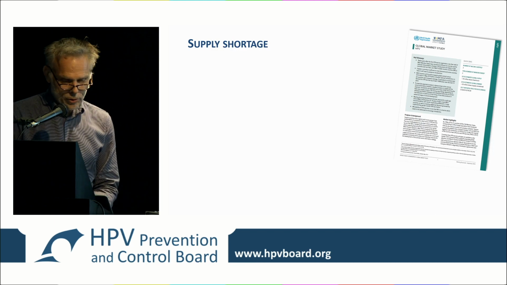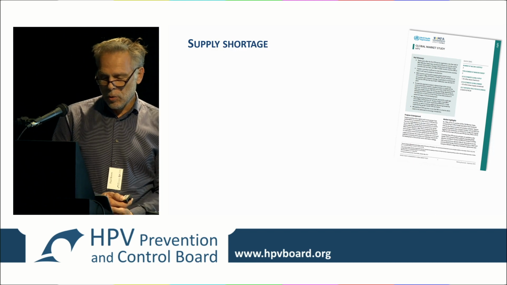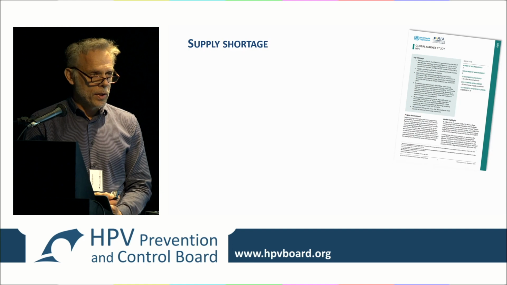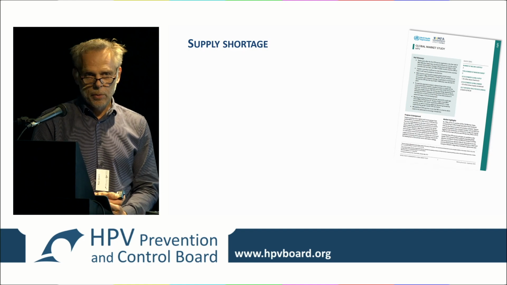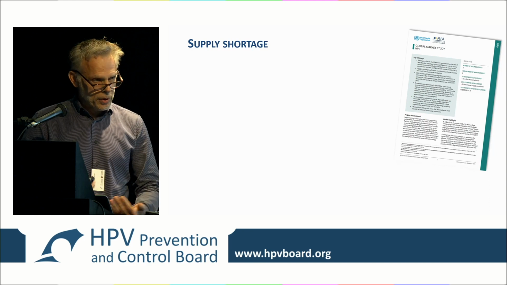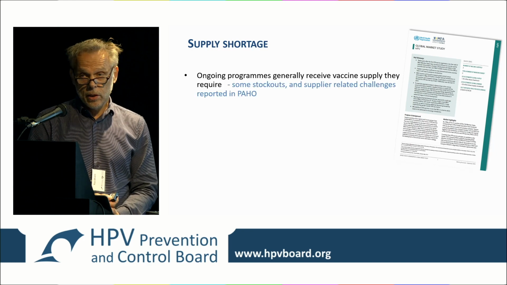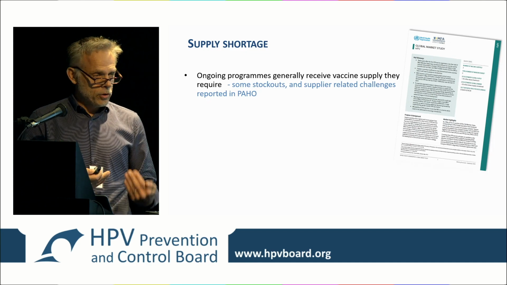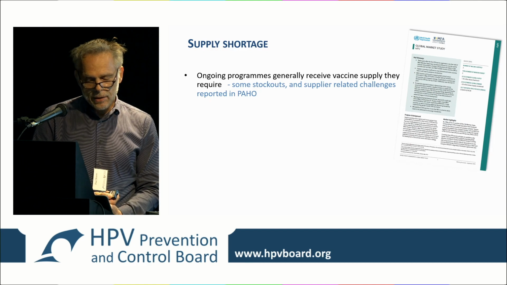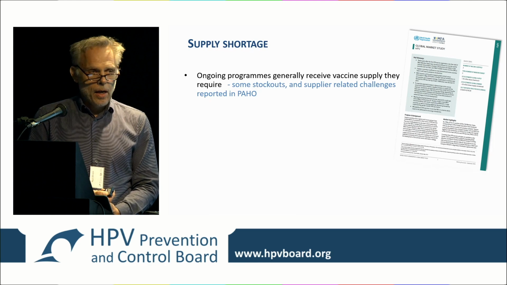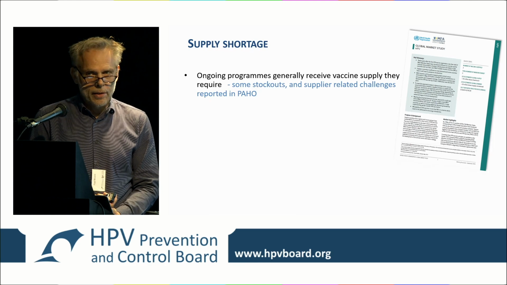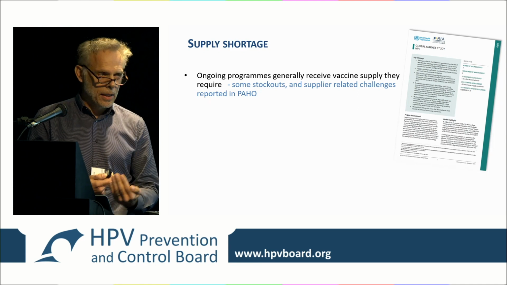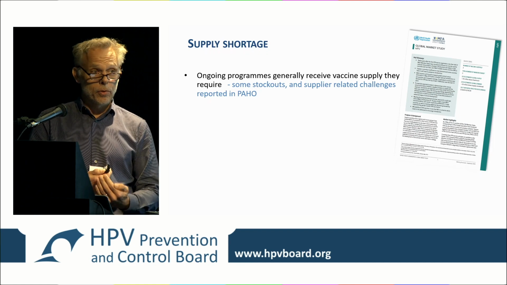So, the supply shortage. We published this global market study last year on HPV. We worked together with Gavi, UNICEF, manufacturers, everyone, to put that picture together, because we were starting to get signs that the market was kind of short. Now, short means the situation is quite tight. To put it in perspective, in general, ongoing programs can go on. We heard, for example, from Spain that yes, they can go on, but actually they don't have enough for some of the older groups.